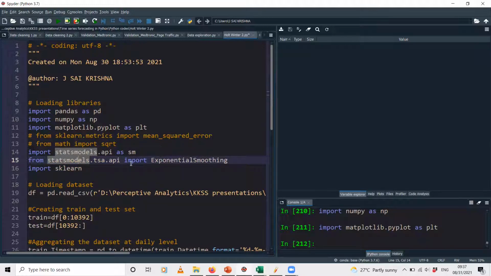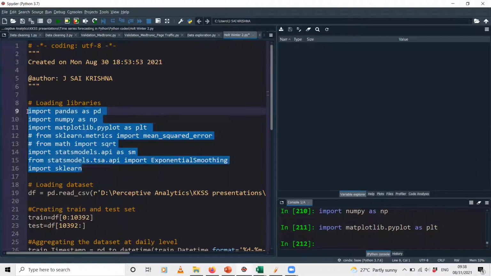So we specified a separate statement for importing the exponential smoothing function. Just remember, before you get started with any data modeling or predictive modeling project in Python, these are the first essential steps that you need to go through. You need to load whatever libraries you will be requiring.